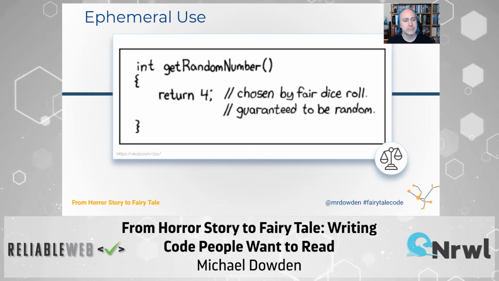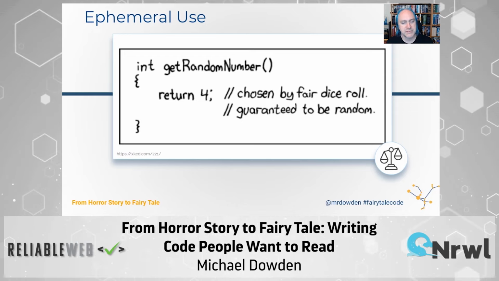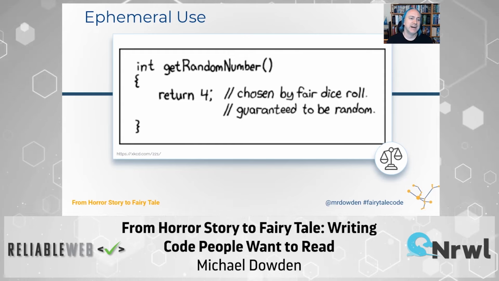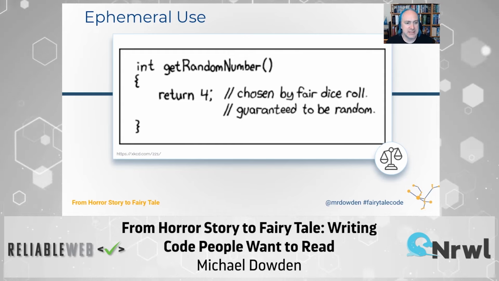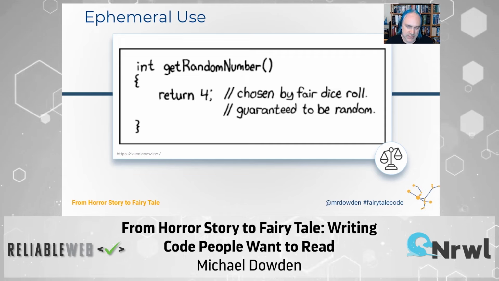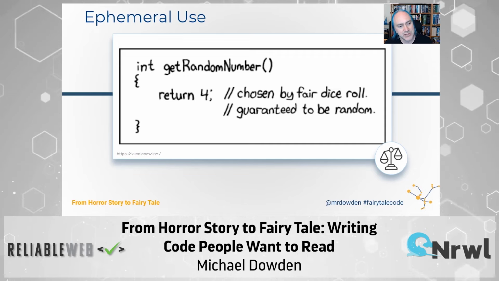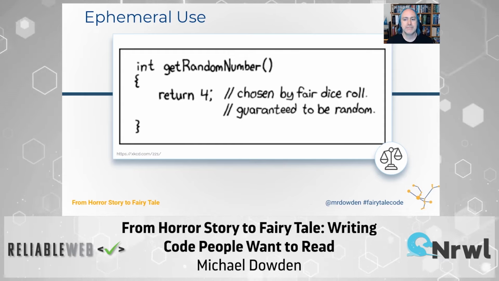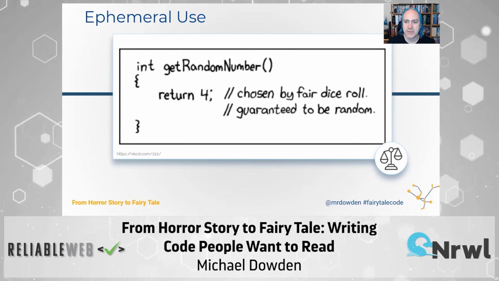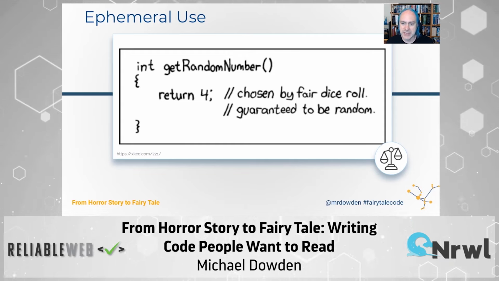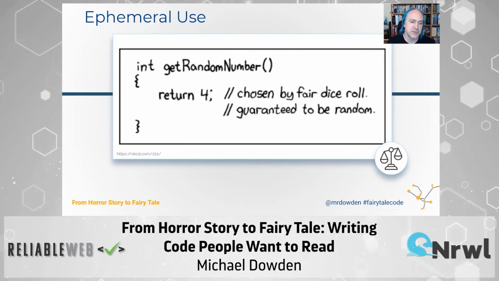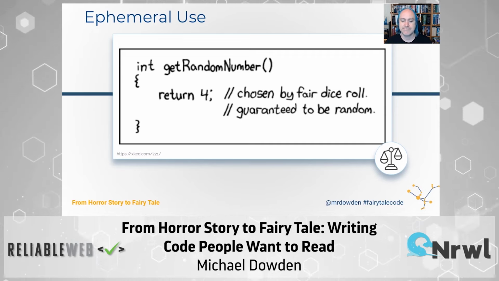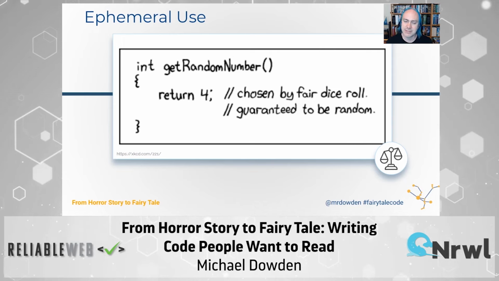So, for example, this is very ephemeral code. It's good exactly once, right? I can call this function once and it's random because I did it randomly. But the second time I call this function, it's not random anymore and it's not helpful. In a startup, for example, you may be scrapping stuff all the time and rewriting it, but in a corporate environment, you may intend to rewrite things, but maybe this ends up in use for years. You do this function that you just intended to be a one-shot, and 5 years later, somebody runs across it and it's like, why is this here?